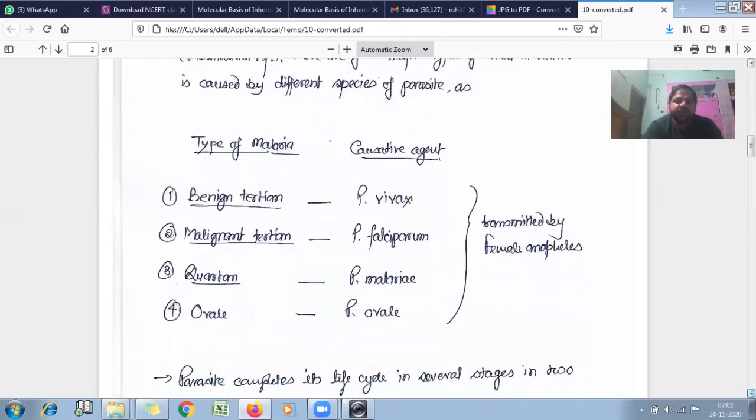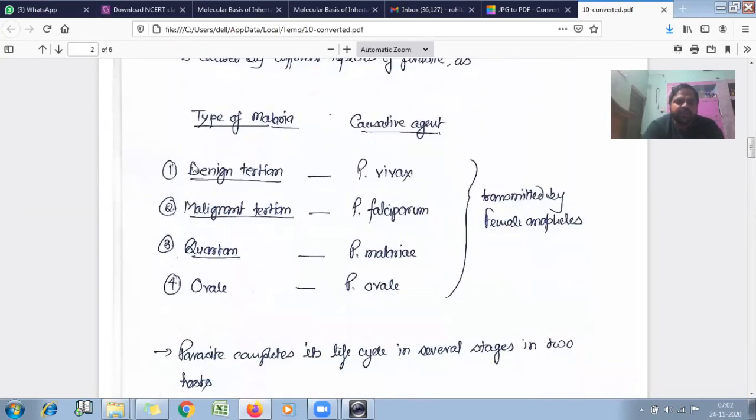We can see here the four types of malaria: benign tertian, malignant tertian, quartan and ovale. The causative agent for benign tertian is Plasmodium vivax, for malignant tertian Plasmodium falciparum, for quartan Plasmodium malariae, and for ovale Plasmodium ovale. And these parasites are transmitted by the female Anopheles,